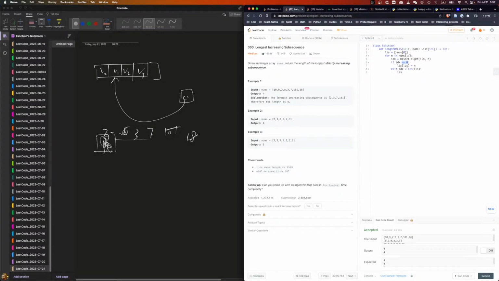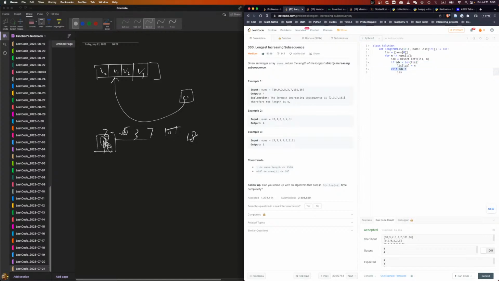So this is smaller, so I shall replace the one pointed to by it, because that's small, this is big. No, my bad, I think this should be bisect left. Then we can just say if it's smaller, then we'll replace it. Yes, if it's equal, we can handle this. If it's not equal, we can handle it as well.